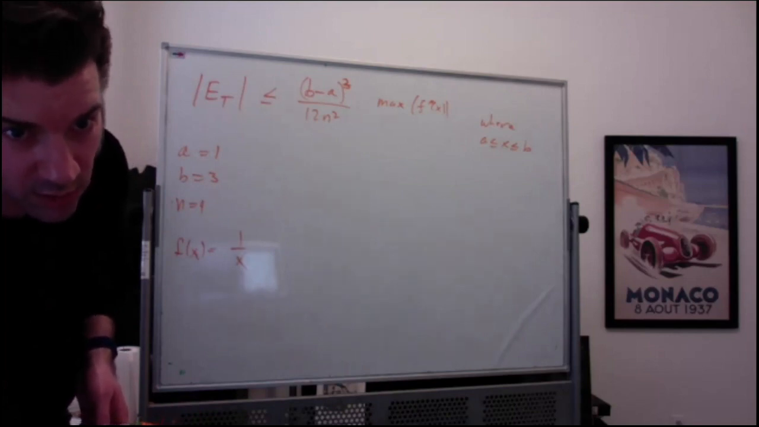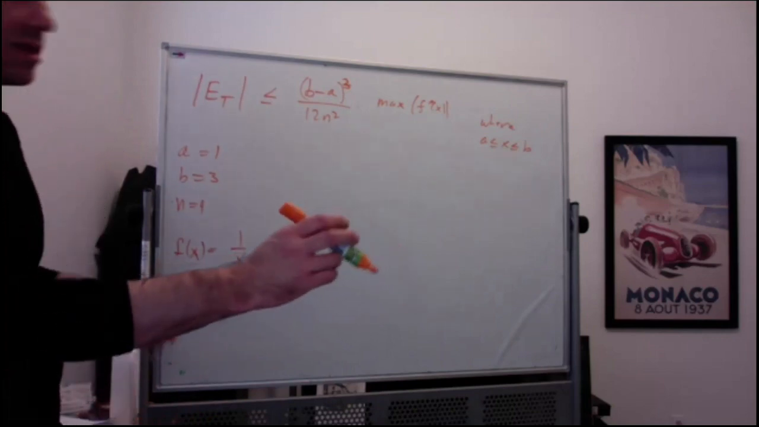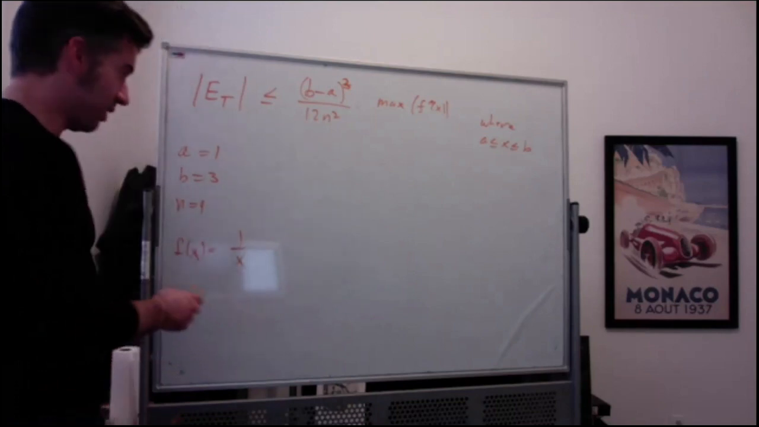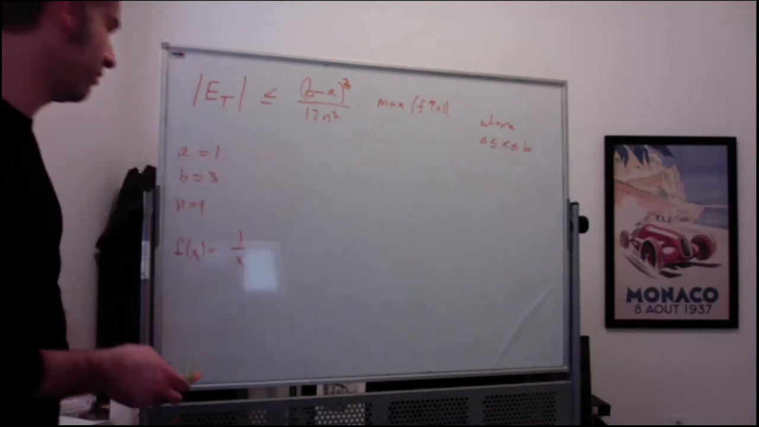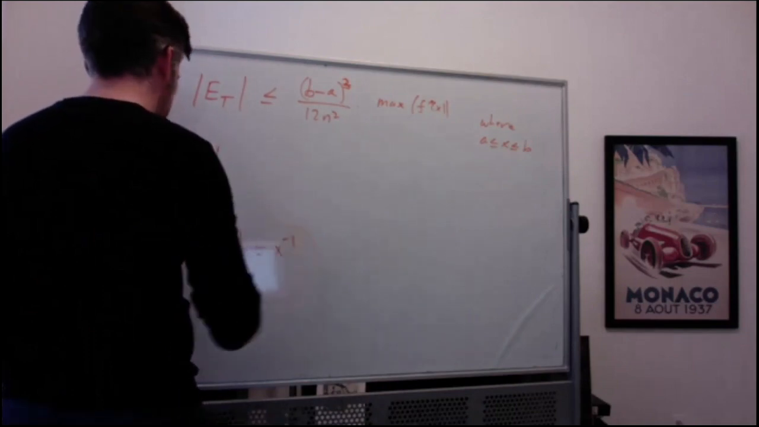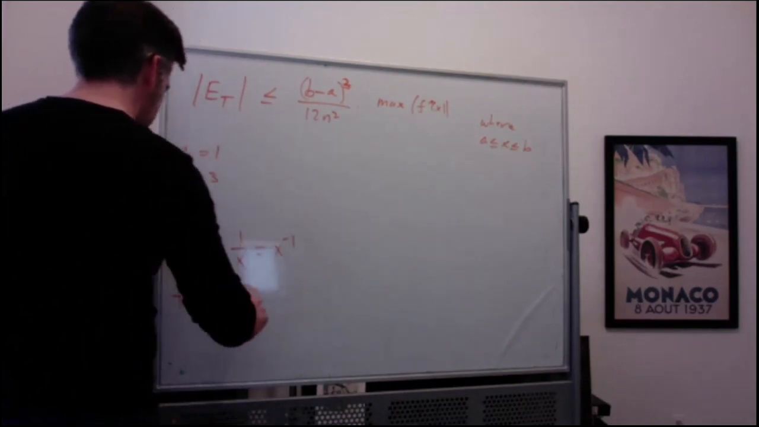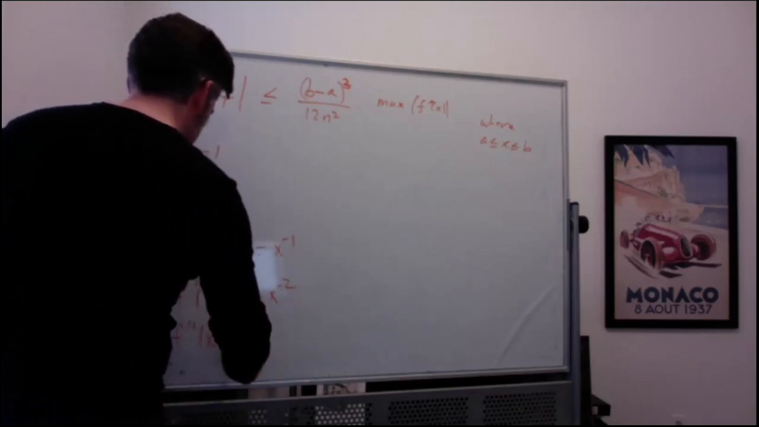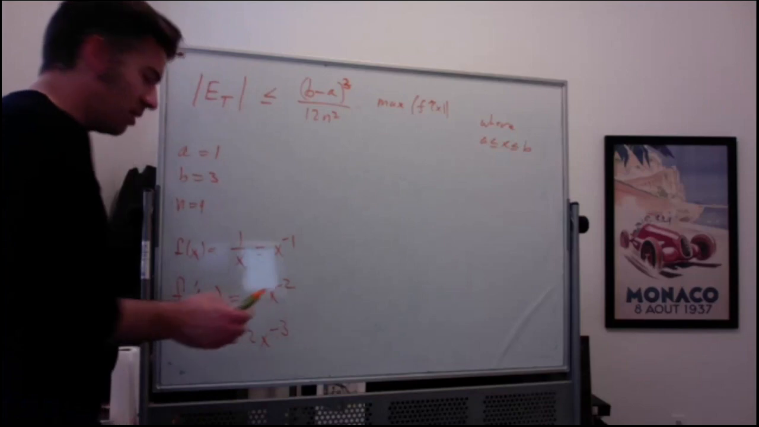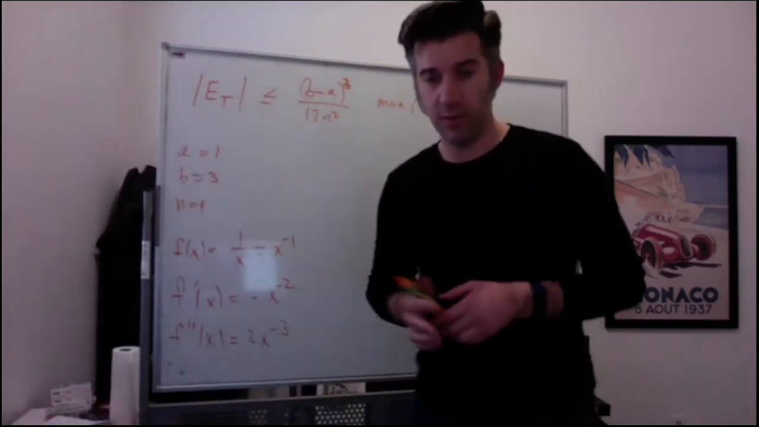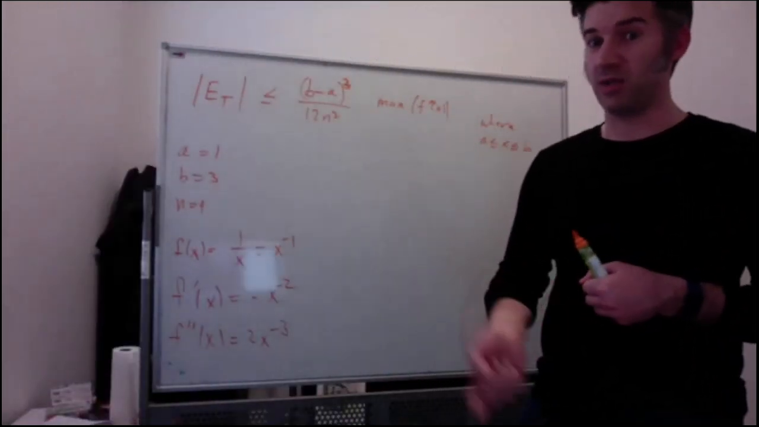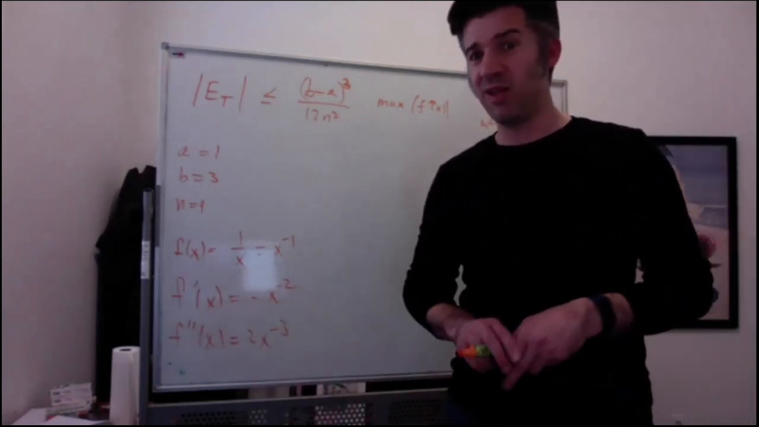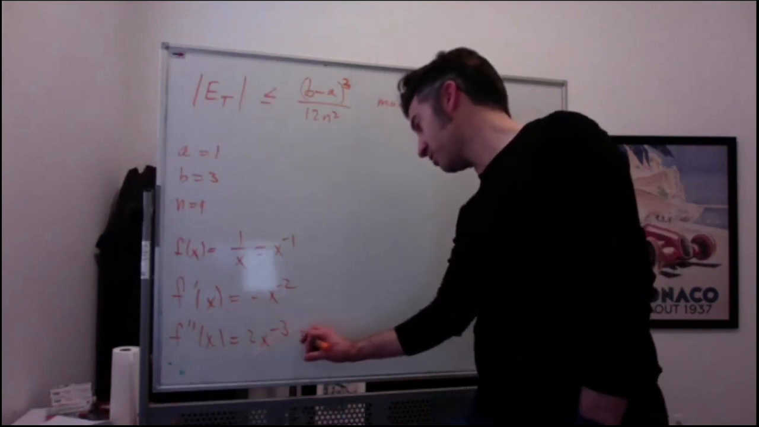No, don't. So, how do I maximize this? Sorry, I'm not maximizing this, I'm maximizing the second derivative. So this is x to the negative 1. The first derivative is negative x to the negative 2. The second derivative is 2x to the negative 3rd. There are a couple ways we can go from this point. One way is to take the next derivative and find the critical values and maximize the thing. But really, 2 over x to the 3rd